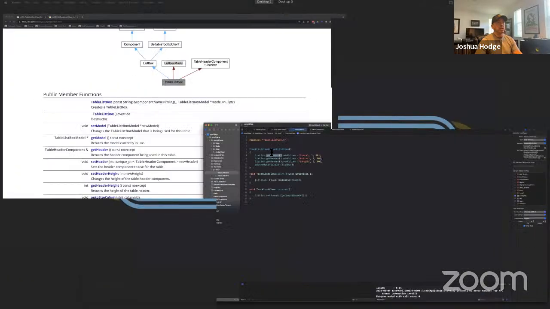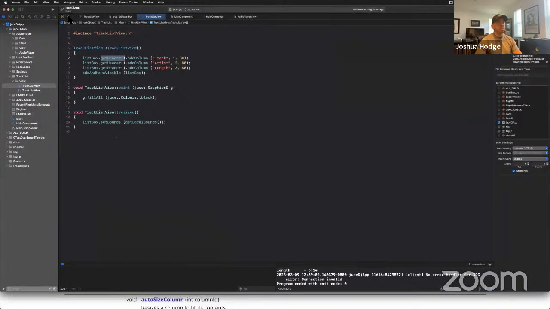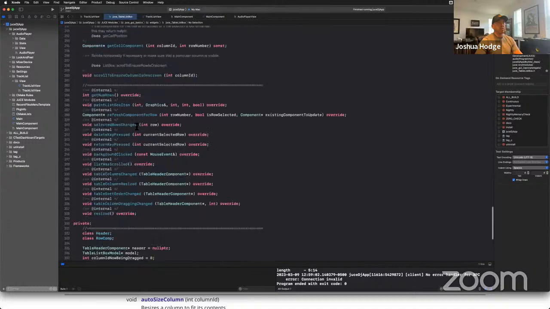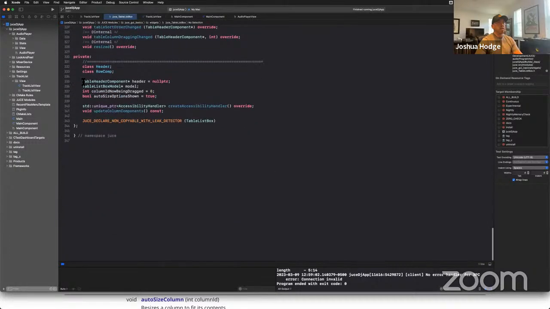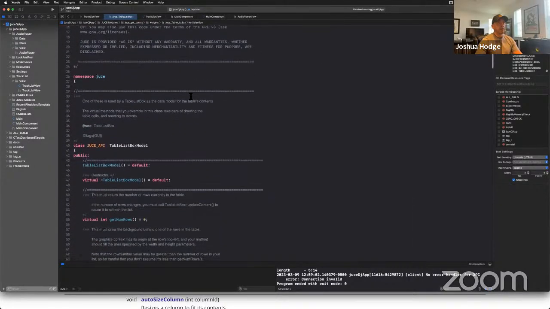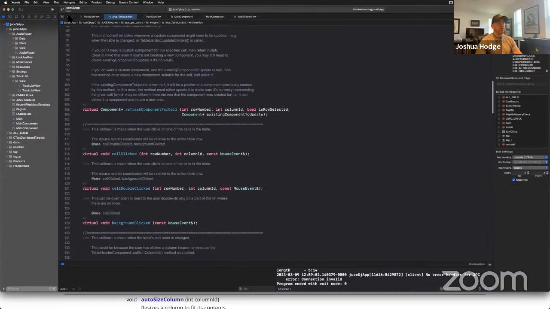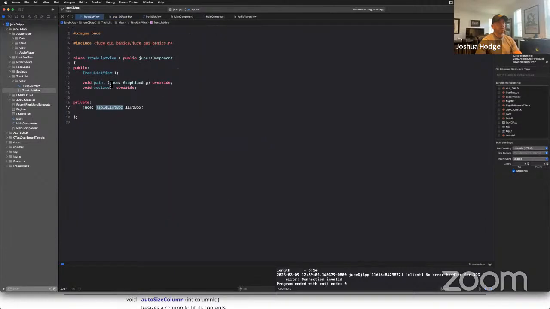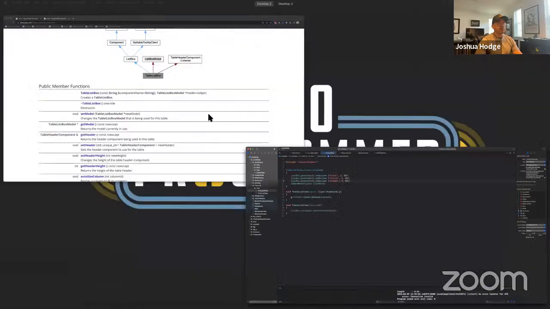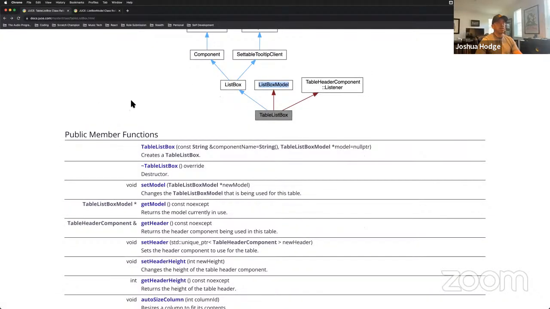So in Git header, we were able to actually get a header that was bundled in with the table with this component. All right, so let's see if we can do something similar here. And so let's see. So we want table box model,